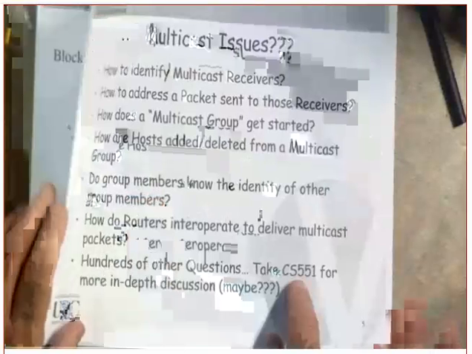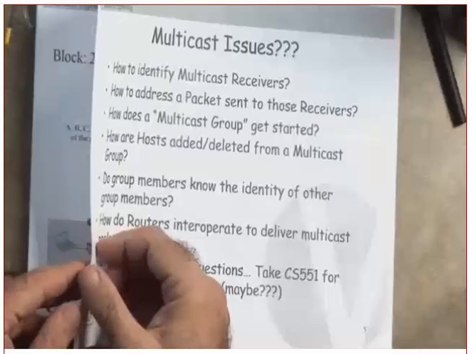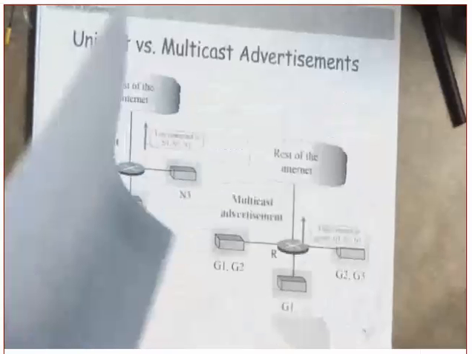There might be hosts interested in multiple of them. The routers in the internet know that there is an interest here. Whenever they receive a packet destined to, say, G1, they will make a copy and send it to this router. Did you follow me on that? The router already told them that I have a host on my network that is in this multicast group.